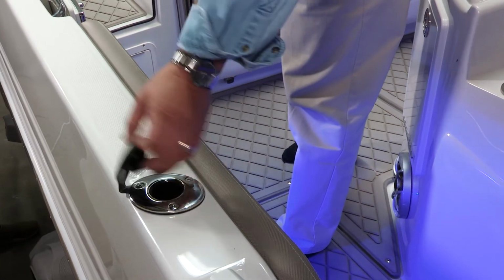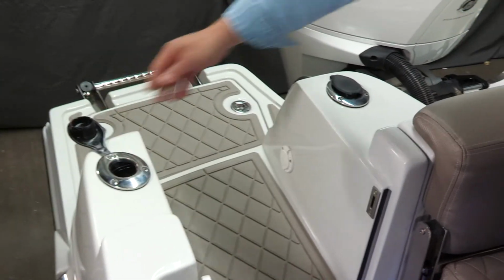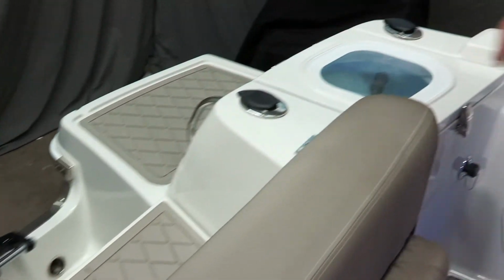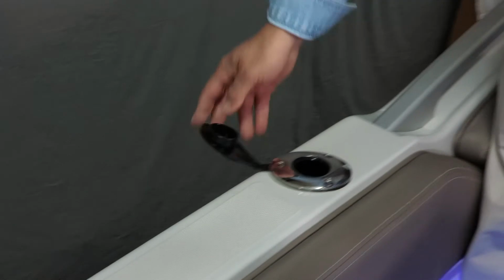Let's talk a little bit about the rod holders. First of all, there's 3 on the port and 3 on the starboard, so 6 total. But I really want to point out the way that each one of those rod holders is angled differently. And the reason is if you're running 6 lines, they can be easily tangled up. So by angling each one of those rod holders differently, it helps the lines track in the water and helps